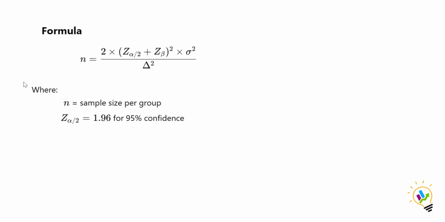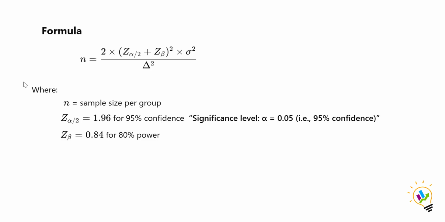So at 95%, z alpha by 2 will be 1.96 and z beta is 0.84 because we have seen the power is 80%. At 80%, z beta will be